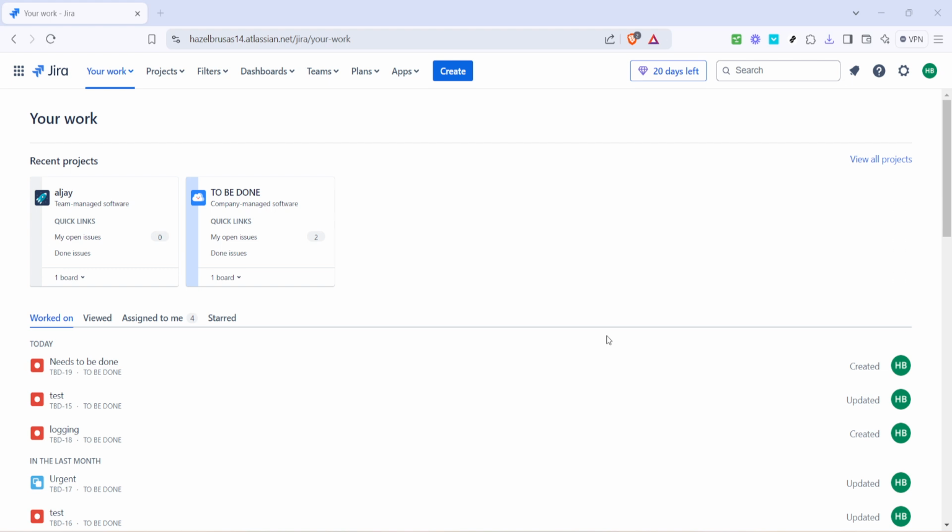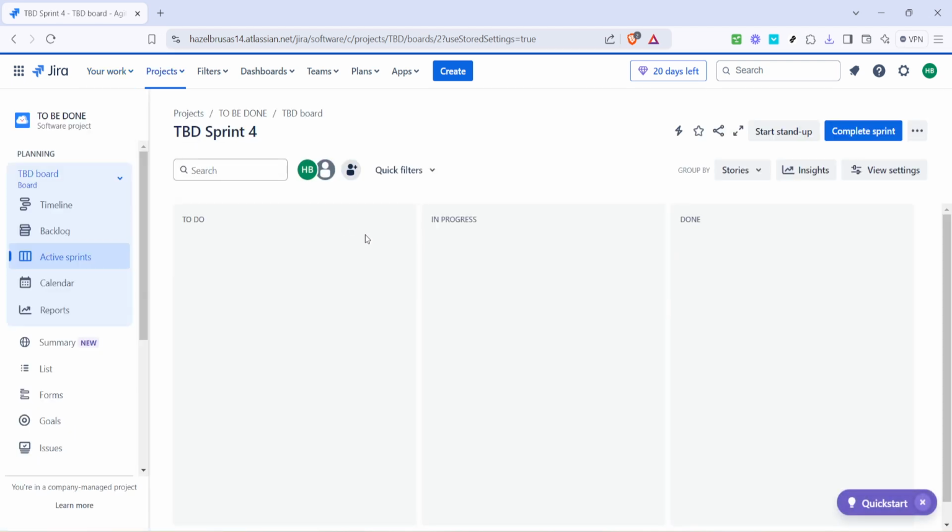Now that we've arrived at the correct area, the next thing you want to do is select the specific project you're interested in. There's a list or a grid display of your projects depending on how your Jira interface is set up. Selecting your project is as simple as clicking on its name or title. This action will transport you into the inner workings of the project, revealing all the nitty-gritty details, tasks, issues, and